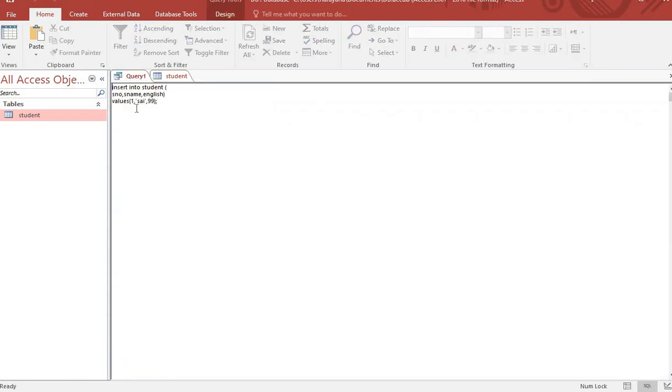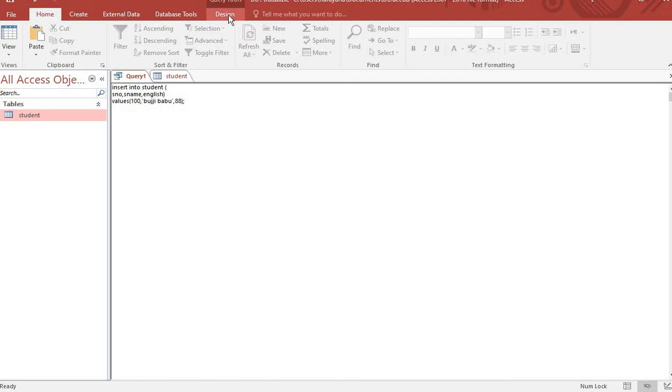For example, if you want to enter other values, here I want to enter 100 in student number, and Sairam or whatever it may be. You may enter your name also. Now I am entering my name, and after that you may change these values. Now I am entering 88. So these are the values.